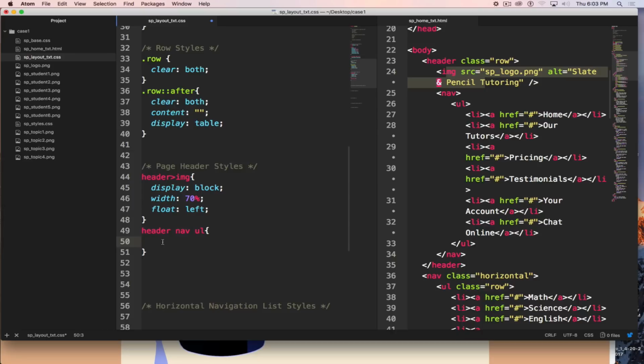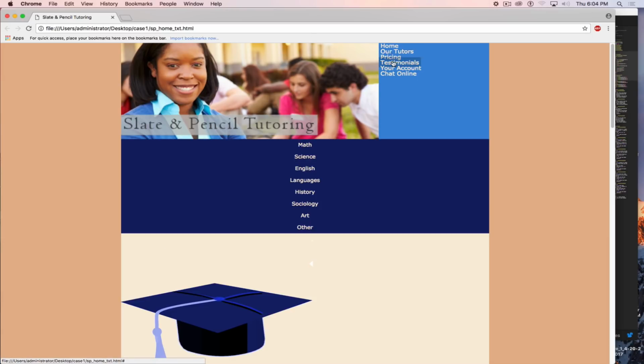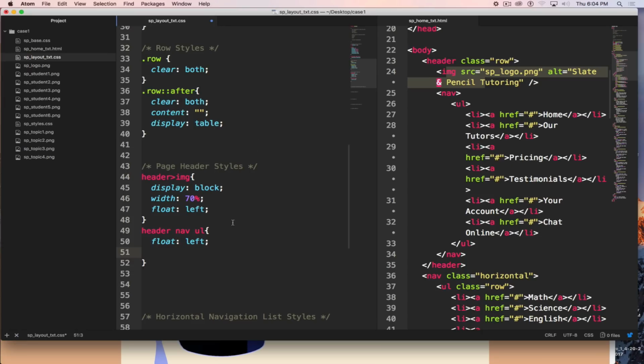Now, within that, we can float this to our left. The reason we need to float this to the left is because if we didn't, and we potentially had enough links, or our navigation was taking up too much space so that it was taller than this picture, then we'd get some weird alignments going on, and we'll see that when we start playing around with some of these other elements in a little bit. So we're going to float it to the left,